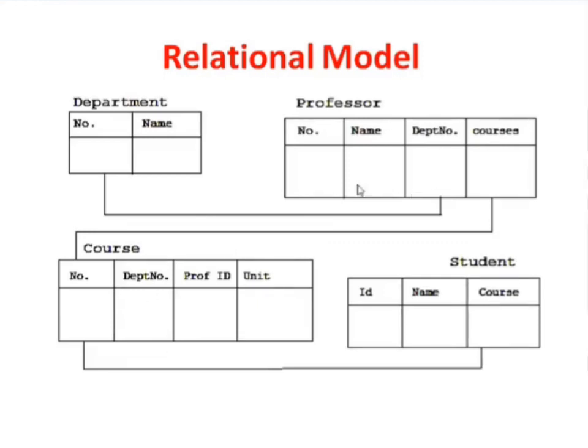Again, if I consider these two tables, here you need to write the course number. In the course table, you have a number. For physics, you will say number one. Again, the department number is one, which is also linked to this. You can have a link to this. The professor ID you can get from here. Units, how many units or chapters there are, you can mention that. So we need to understand how the relationship is established by having a common attribute. This type of model is called the relational model.